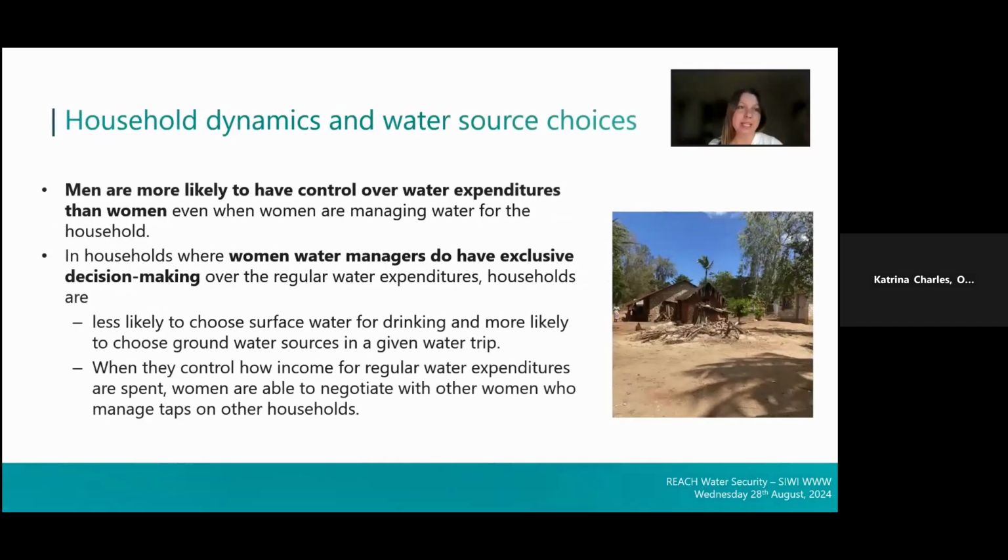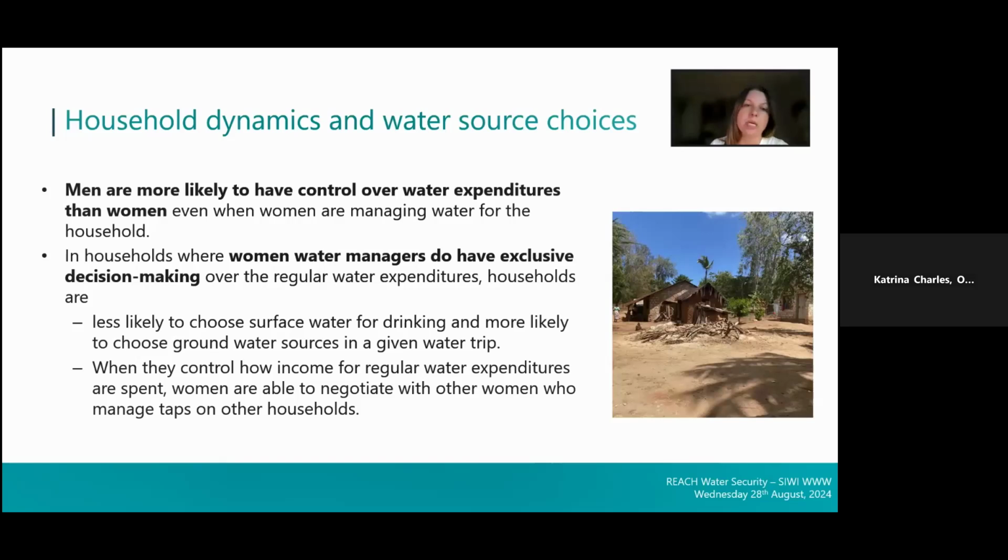So relationships within the household, as well as dynamics within the household, also matter in terms of household water outcomes. The qualitative data suggests that income and control over how income is spent on water expenditures really goes hand in hand with the water source choice for drinking water. The safer water sources tend to be from groundwater, and these are from taps on others' household land, which often require a fee. Men are more likely to control water expenditures than women, even when women are managing the water for